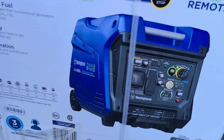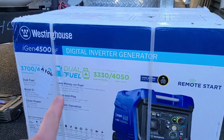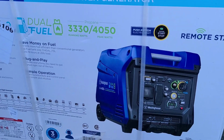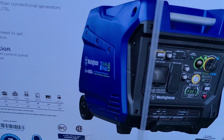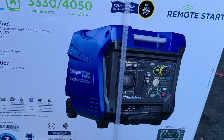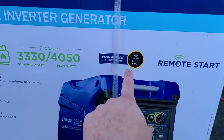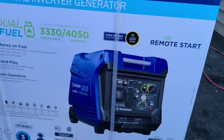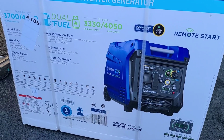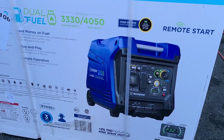So this was a nice delivery to get in yesterday. This was actually a recall from Westinghouse, and this is one of my favorite generators. One, because it's so darn quiet. Two, it handles about 30 amps of power, and it has a little remote start. Not that I ever use it, but it does have the push button start, so you don't have to pull the rope or anything like that to start it up. So that's really cool. And it handles about 30 amps, which is plenty for my food truck and everything that